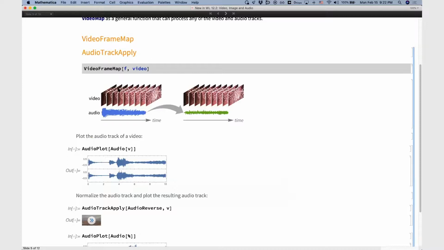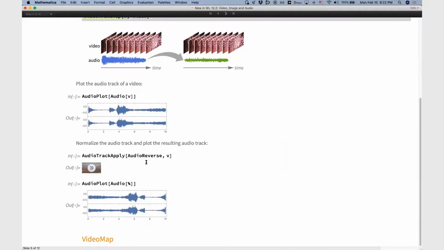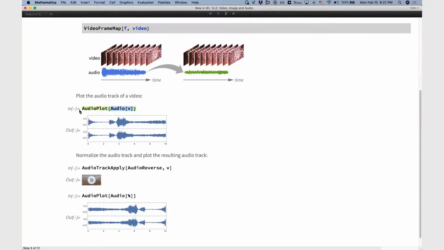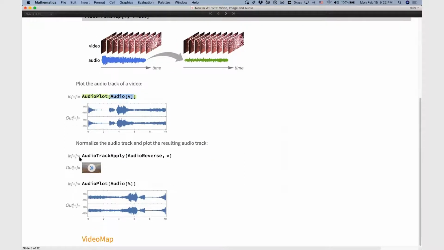We have added audio track apply, which basically gets the audio track of the video file and processes that as a one-shot process, and then sticks that with the video track as the illustration shows. So this is a whole audio operation, like audio reverse or audio normalize or any other operation that is desirable. If you recall, we can get access to that audio track by calling audio of the video object, and then, for instance, plot it. And then if I run something like audio reverse,